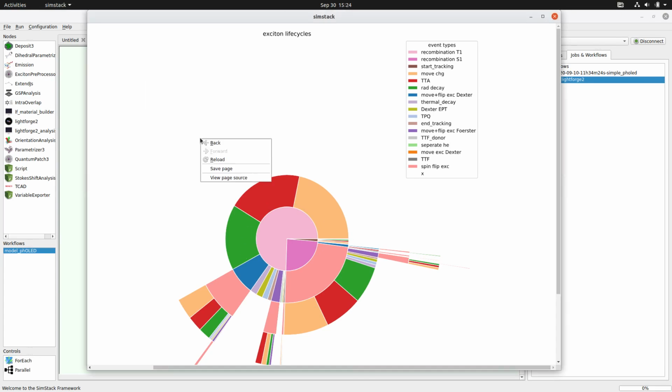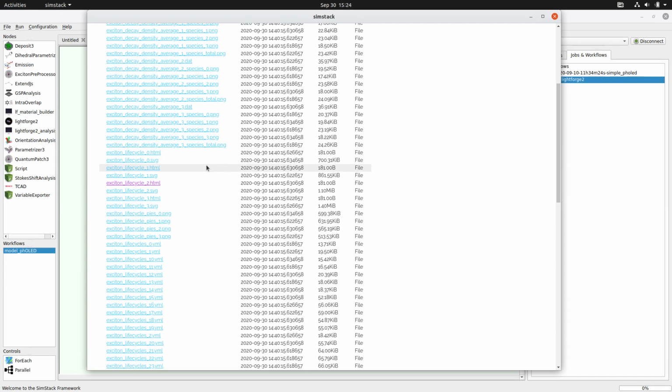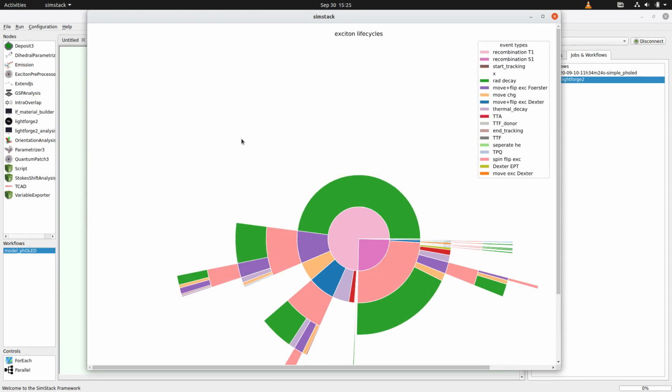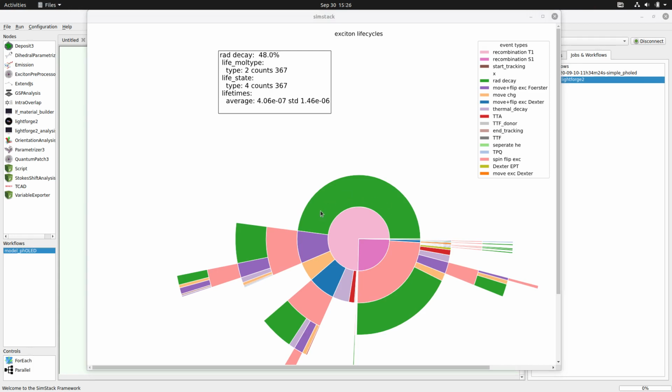Now we can go back and look at the same kind of diagram for one of the weaker fields, Exciton lifecycle 0 HTML. We see that if we hover the mouse over the green tile, the chunk of radiative decay is significantly higher than before, as we have lower charge densities at the lower fields, and consequently also lower triplet densities. Let us see what is happening with this pink